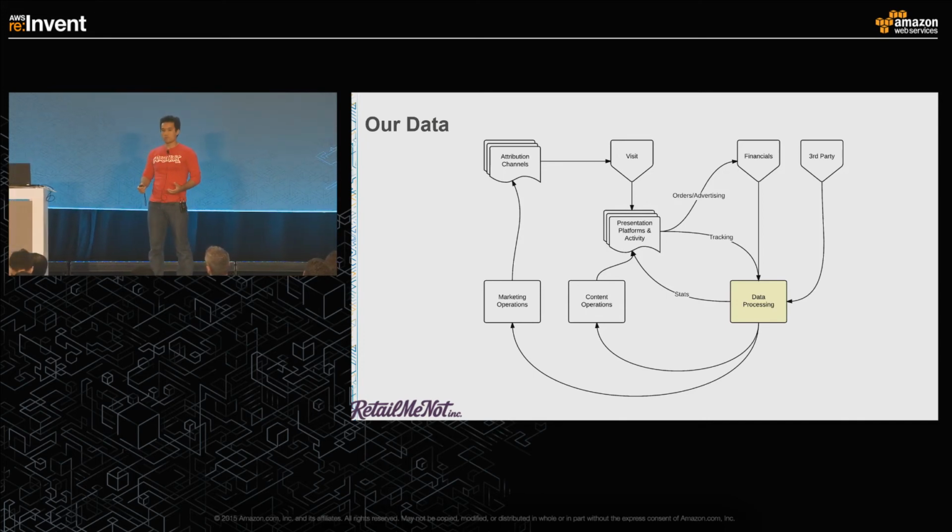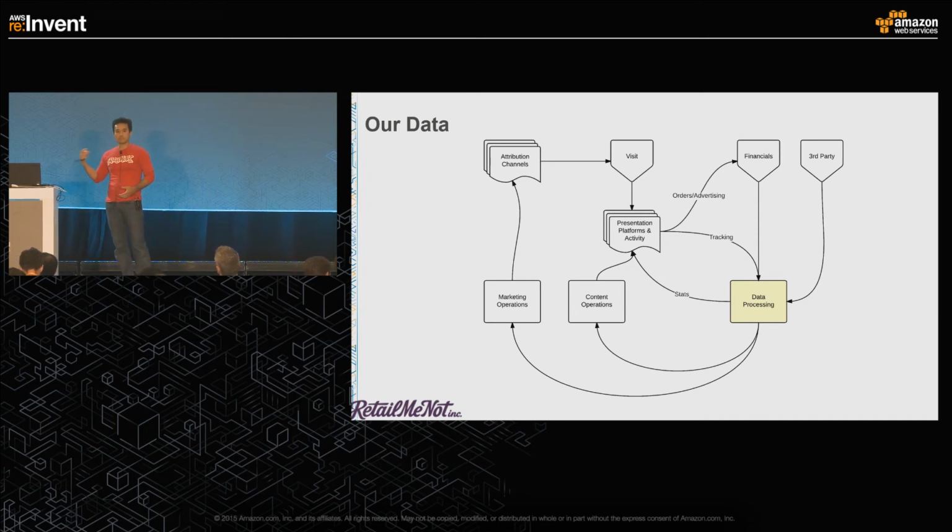Typically, we also record a lot of third-party data: Google Web Toolkit for SEO, ExactTarget for email tracking. We do a lot of demographics tracking as well as IP location tracking. And this data processing box here is probably the majority of what we're going to be talking about. This produces a lot of interesting analytics for our content operations, marketing, and statistics that we then feed back into